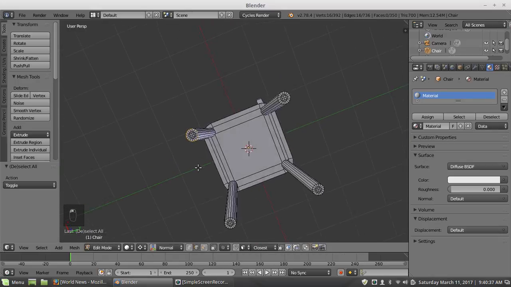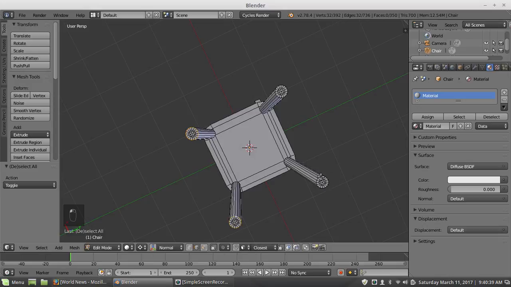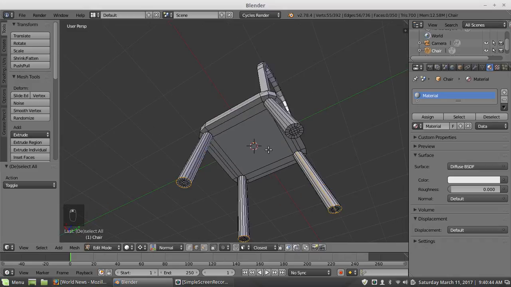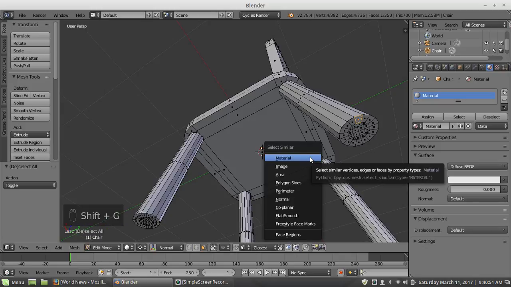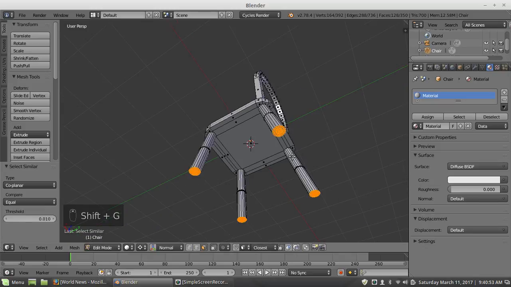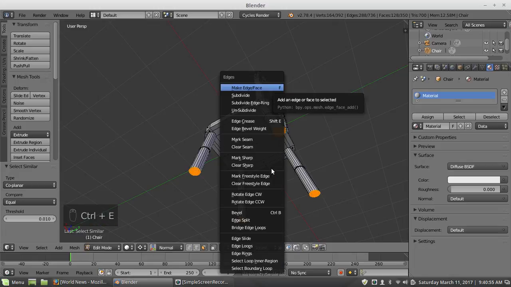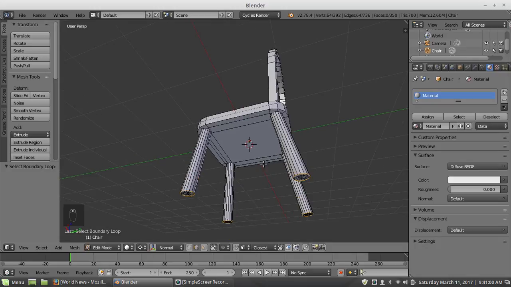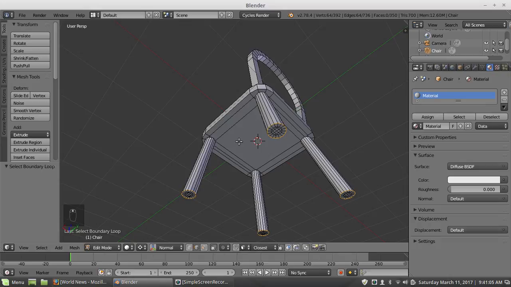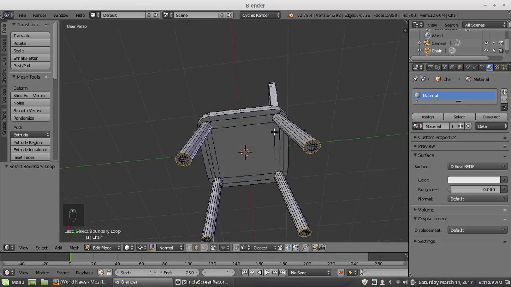So bottom of each leg around this perimeter here. And you know what? There's another way to do this. I'm going to select a face and select all the ones that are coplanar. And then I'm going to go to edge mode and select the boundary. I was using the hotkeys. If you're not sure what the hotkeys are, they will be the underlined stuff when you pull up your menus. So if you see an underlined letter on your menu, that's a hint, that's your hotkey.